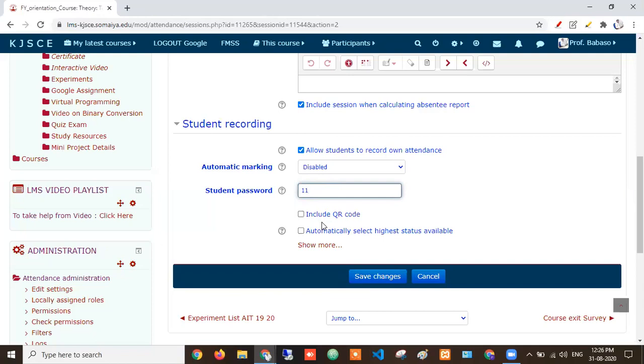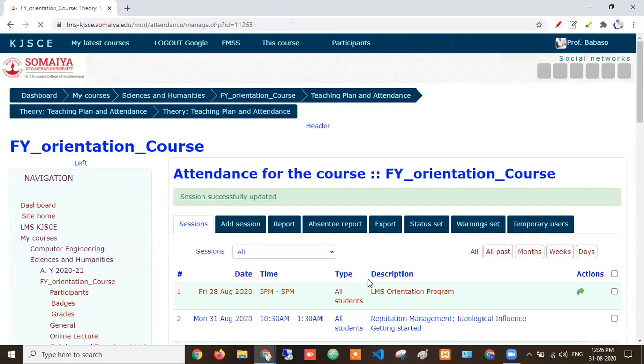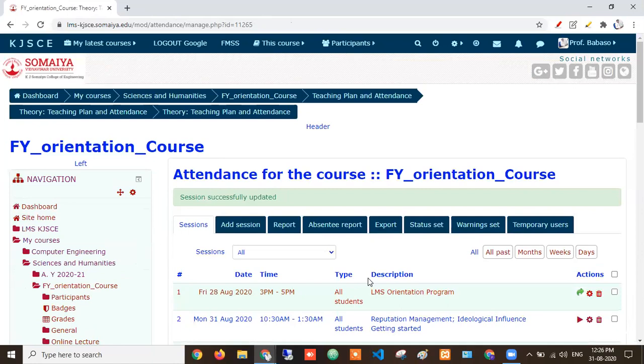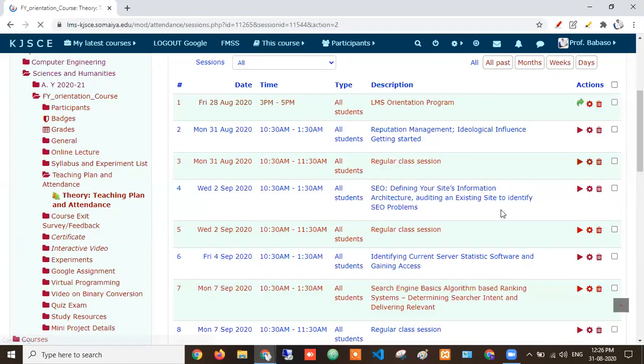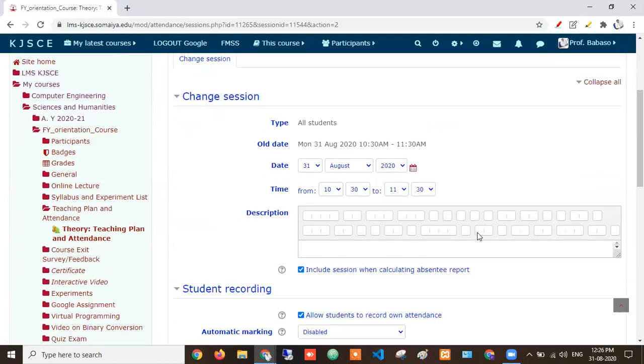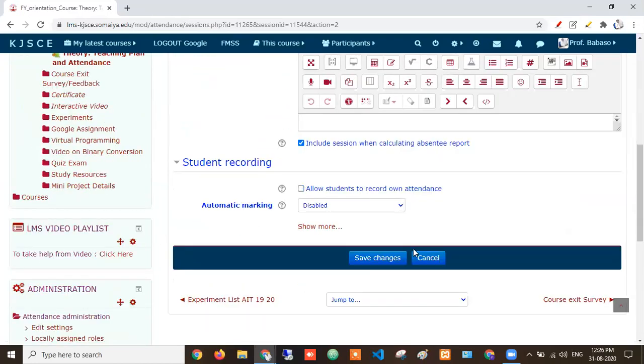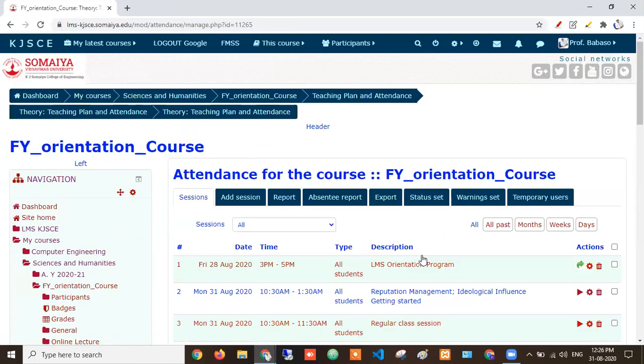This is an advanced step, but I will not explain it at this stage. But if you want to give the password, or you are not giving the password and you are giving only 2 minutes for this, and you just save this, in that period only students will mark their attendance. After 2 minutes, you just disable these options. Whoever marked their attendance will be present, others will be absent. This is the way we restrict them, but there may be loopholes. After that also you can cross check with your Excel sheet.